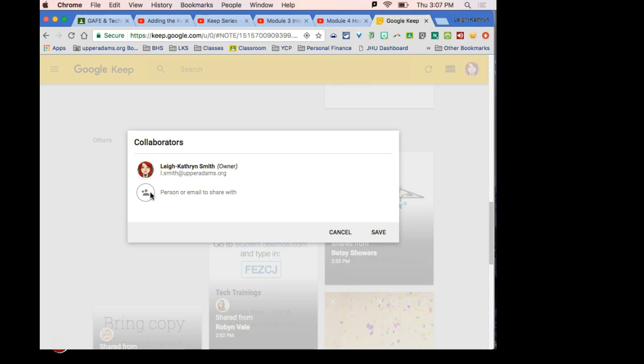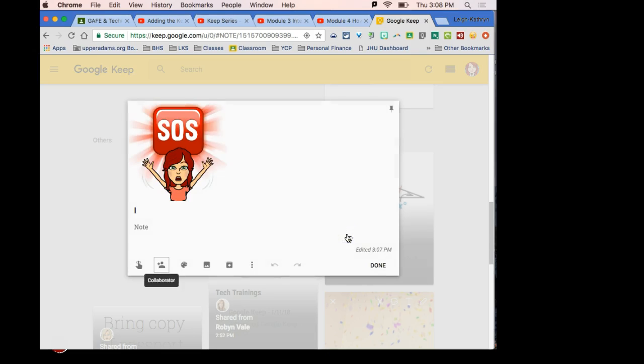You can't put a drawing on top of a picture. So I couldn't annotate a picture. But there are other things that we do that. Google Drawings does that.